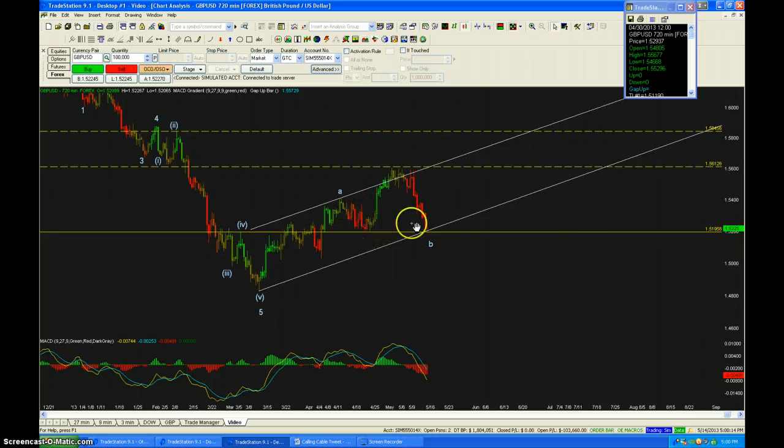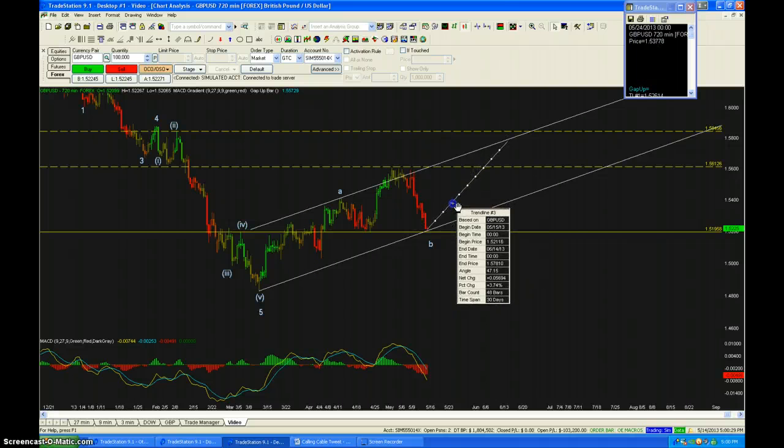So this is A, B, and we're going to get C. If you were to draw the primary angle of the A wave, which is just the origin of A to the terminus of A, that's what you would call the primary angle. And then you take that, and this is assuming that the rise and the length of the future C wave would be the same as A. If I click on it right here, you can see that takes us to about June 14th. So basically a month or more long, okay?